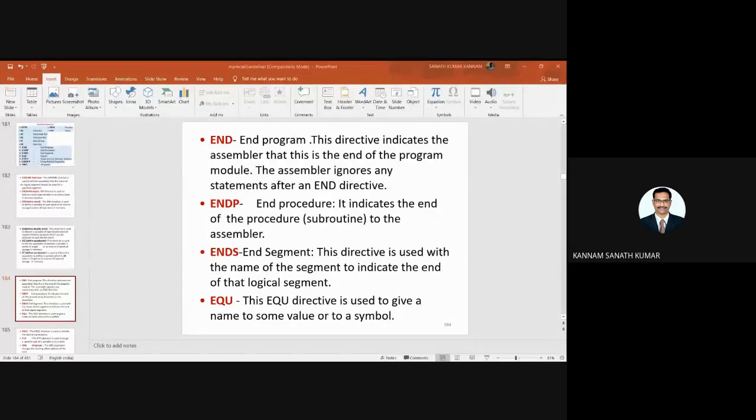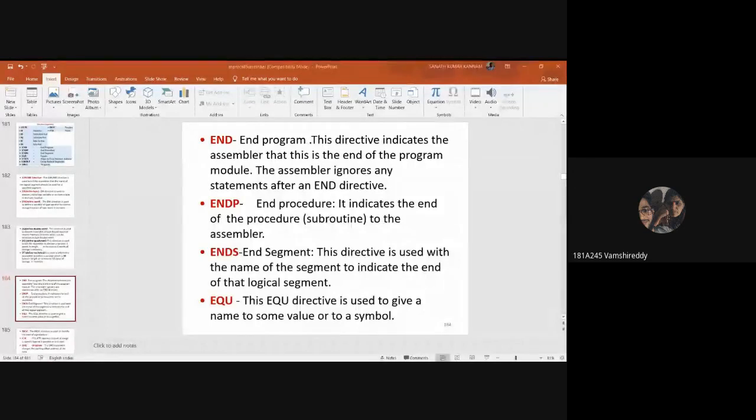Total 31 are there. Someone is in the waiting room. No one is joining.